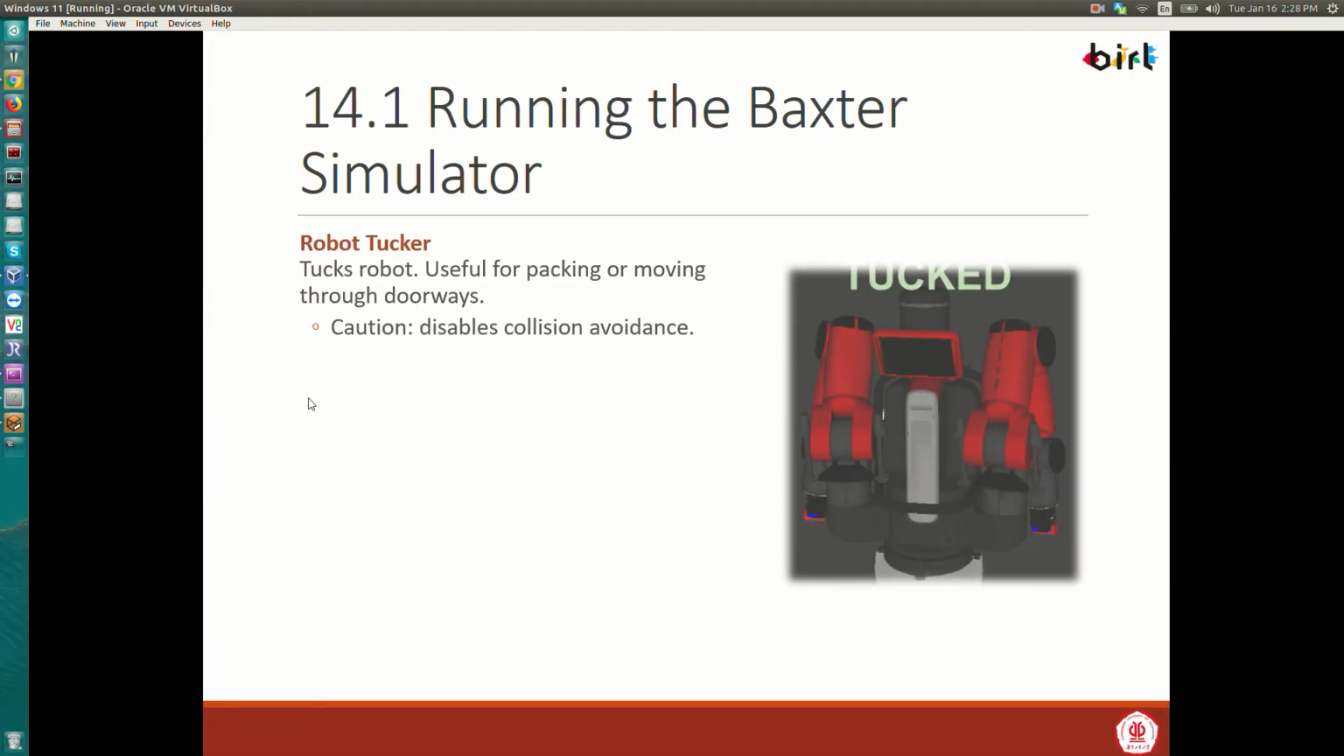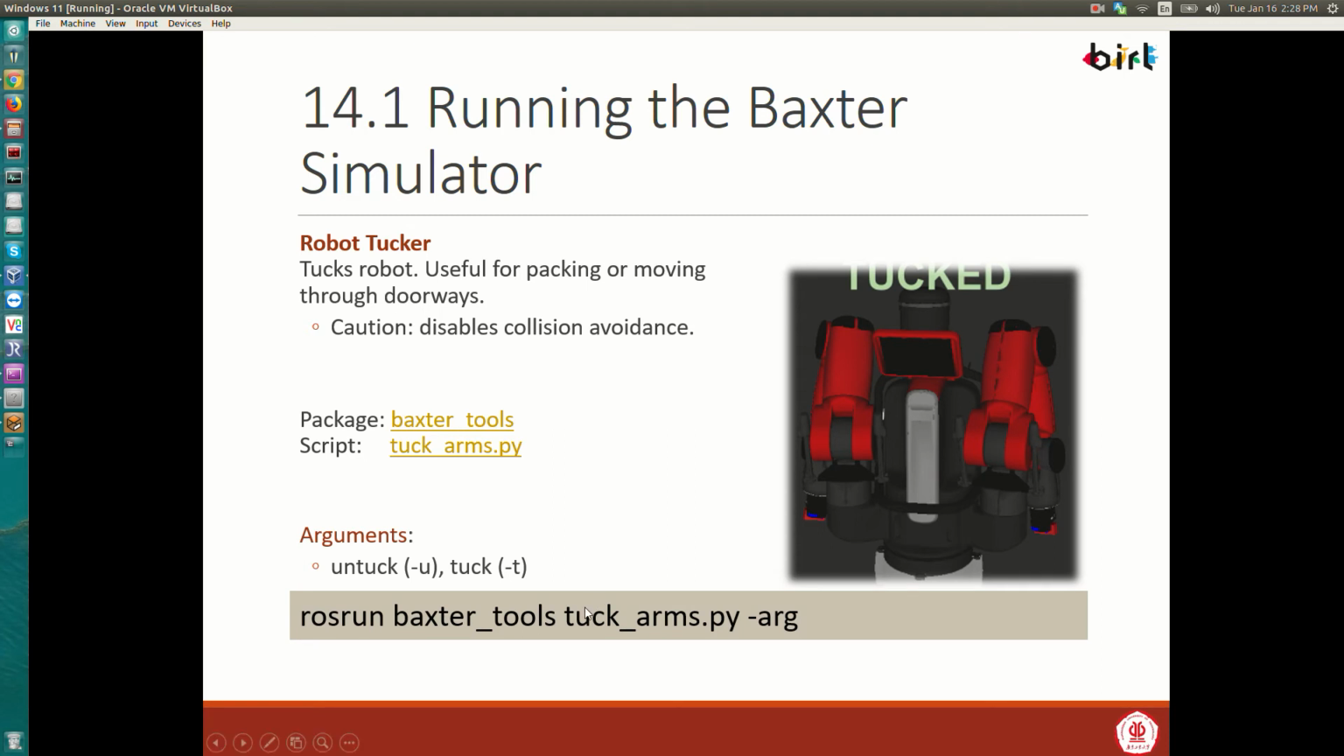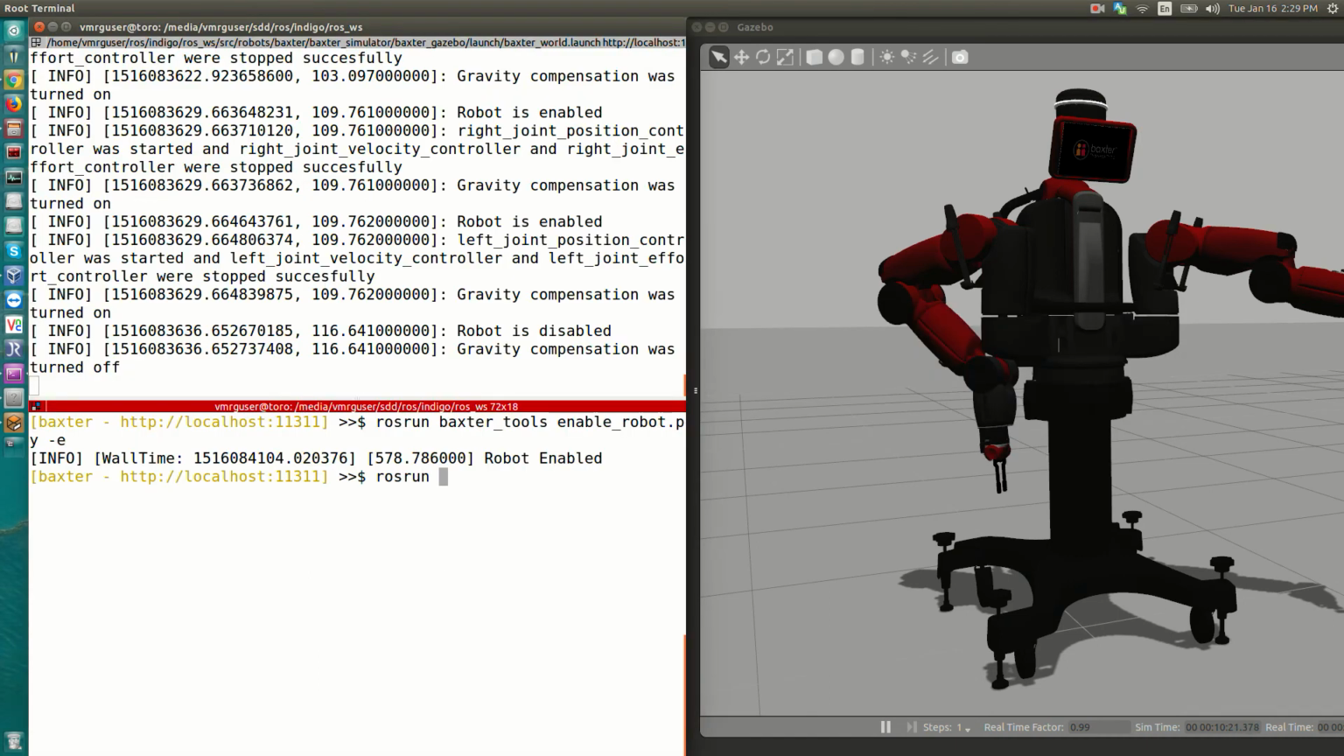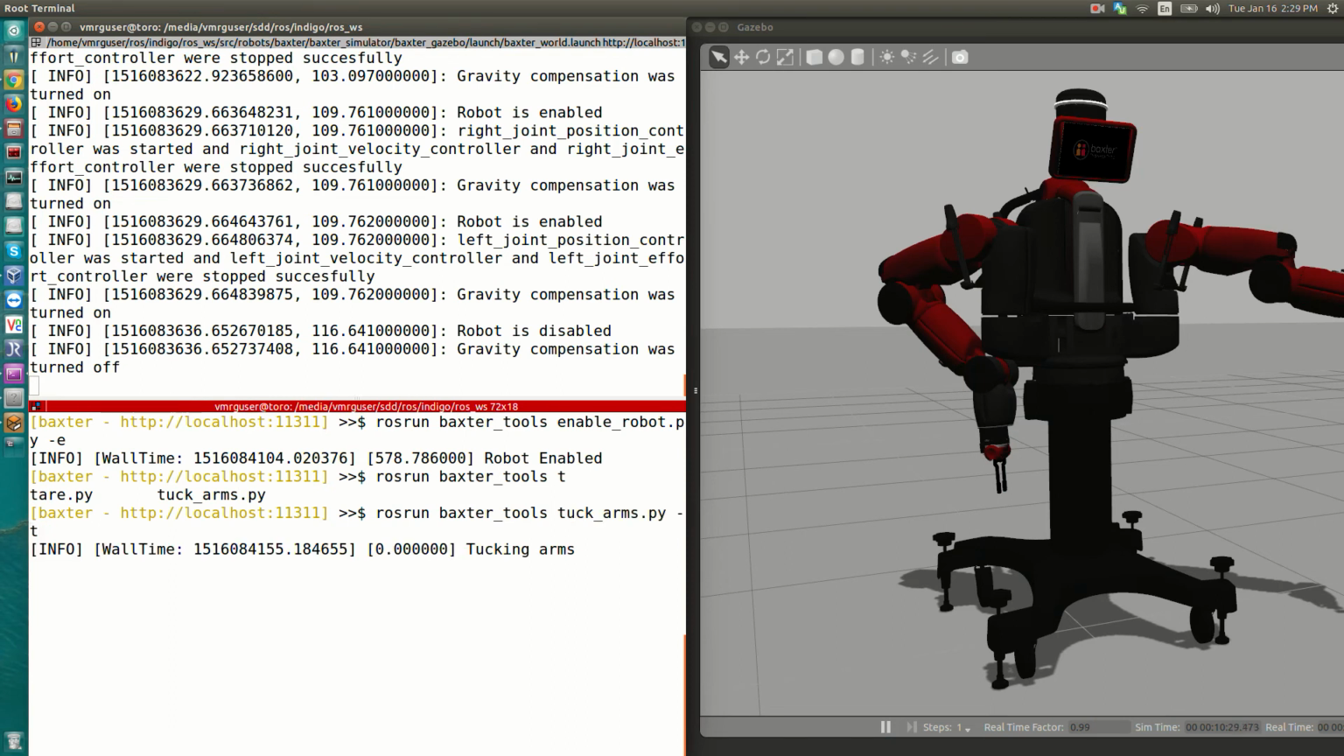Another example might be the robot tucker script, where it tucks the arms of the robot. This is useful when you need to pack the robot or move it. This is just as an illustrative example. And so here we run the Baxter Tools tuck arms.py -argument, U for untucking and T for tucking. When we run the tucking script,